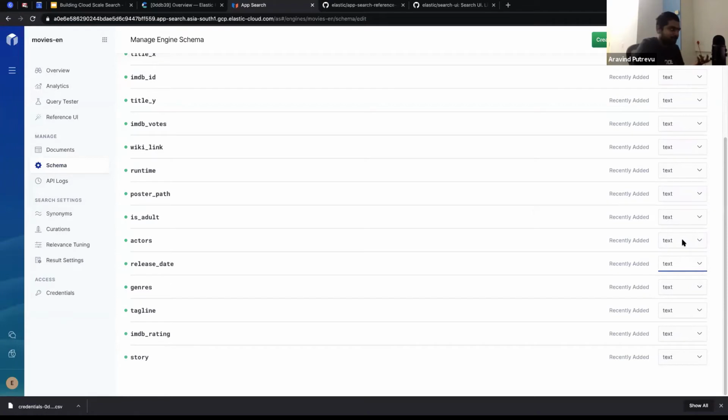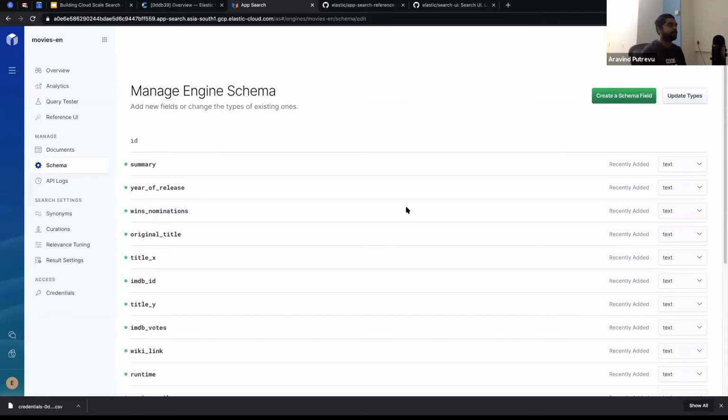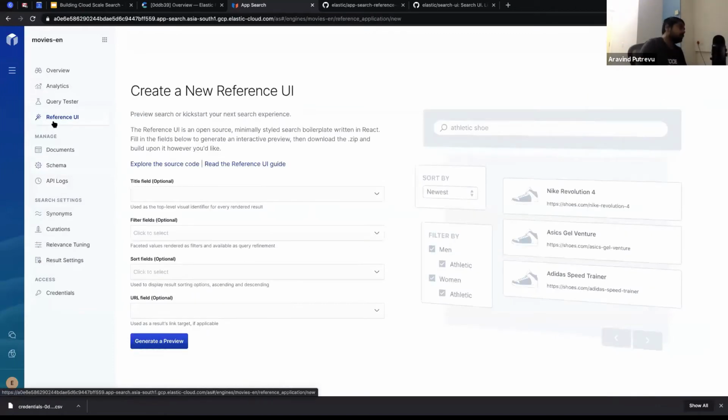The reason being, I'll show a project, and then from there we can take off. So now that you have a document in the search engine, and you also have the schema in place, you could confirm that, okay, this is what I want to really see. I'll quickly show you something called Reference UI. Creating a search engine and indexing data is maybe not so difficult, just sending data over, but creating a search experience on top of the data that you have, in a beautified manner, might take time.